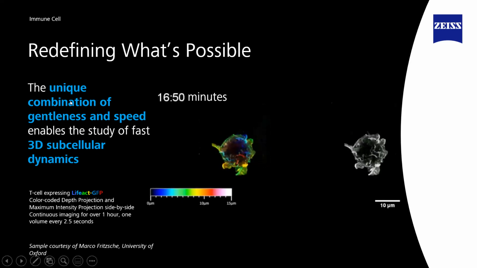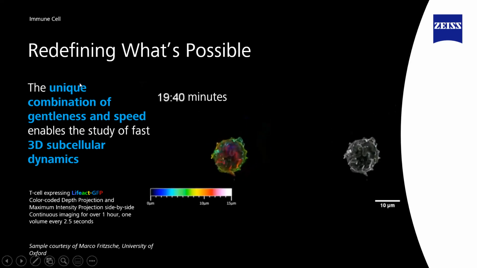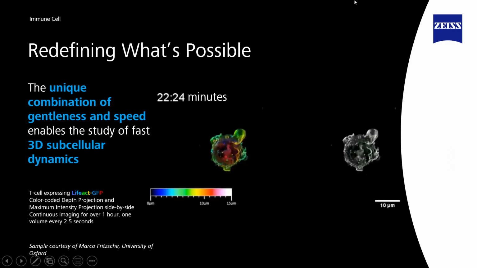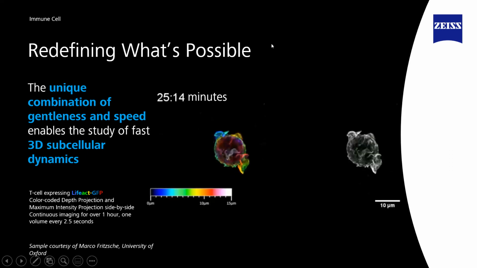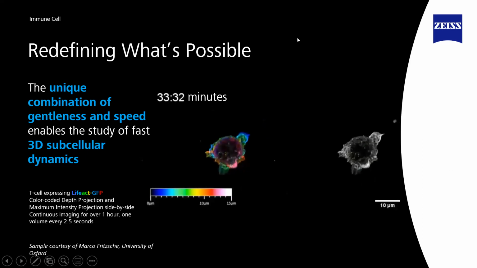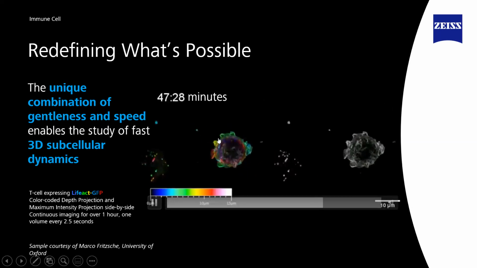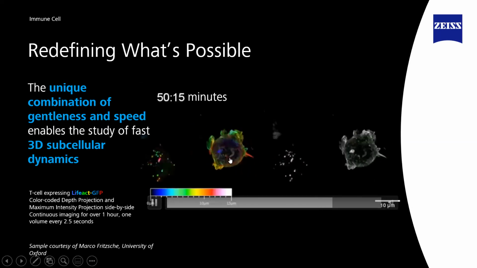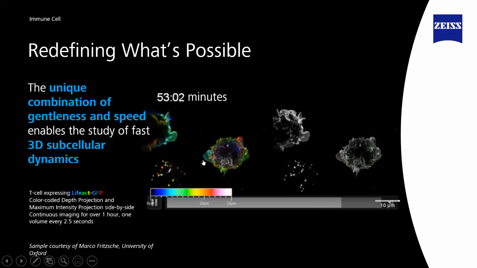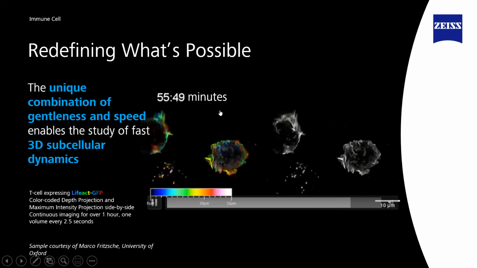In this movie here, I'm showing you a T cell that's expressing LifeAct fused to GFP. On the left is a color-coded max projection of the entire volume, and we can see the actin ruffles throughout the time series. I haven't studied T cells myself, but my understanding is that these are very motile cells, but they're also very light sensitive. So if we expose them to too much light, they'll actually stop generating these protrusions and these motile, dynamic processes. But by using the